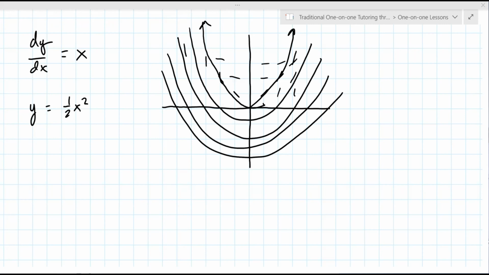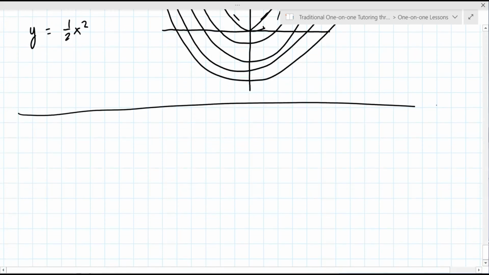So do you just look for the y value at that point? Well, we can do another one here. Let's say dy/dt equals cosine t. We know that the antiderivative of this, y, is sine t